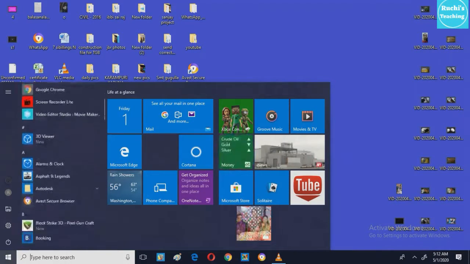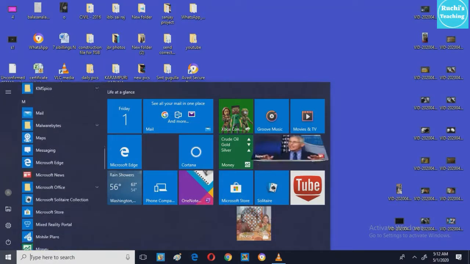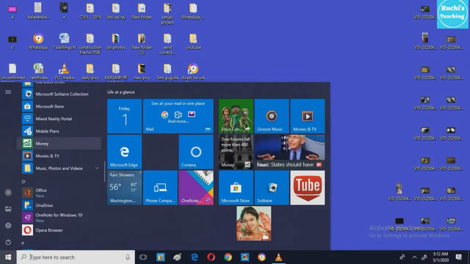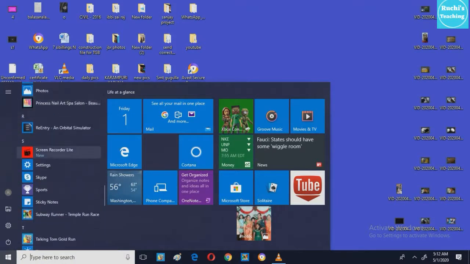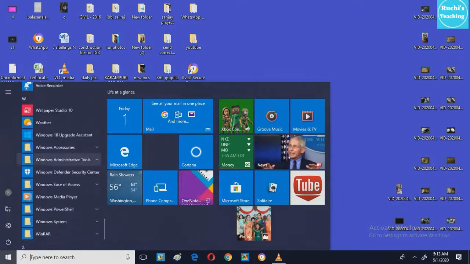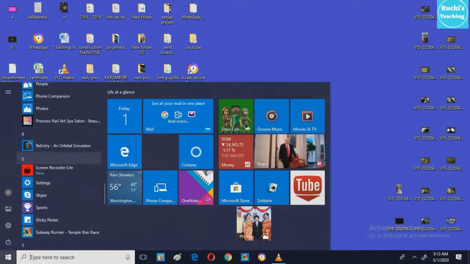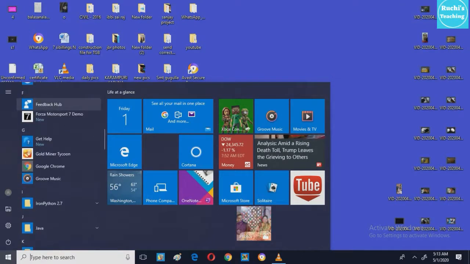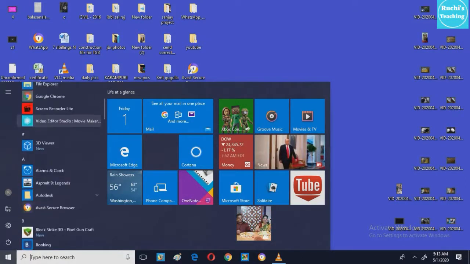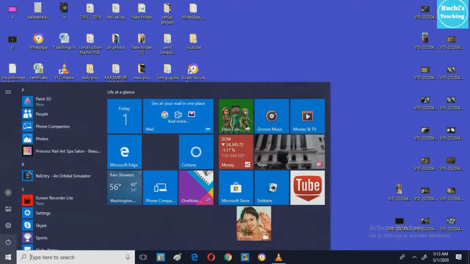And can you see here? See, I'll scroll my mouse. Can you see, they have been kept automatically in alphabetical order. This is loaded like this while purchasing only. Many software will be there in the system. According to the alphabetical order, it is showing MS Office, MS Store, and many more. See, Mail, Camera, Calendar, many things are there. If any games are there, games are also shown here.